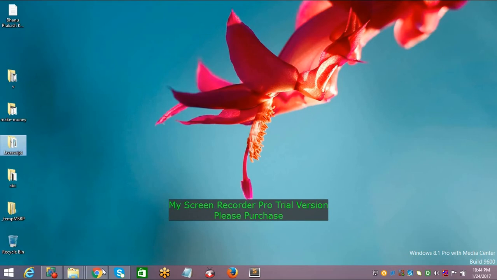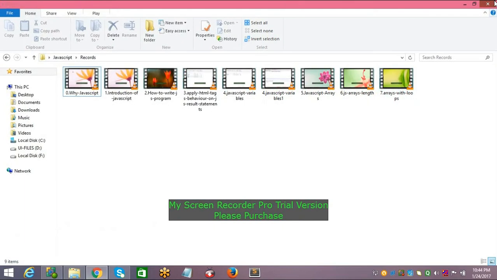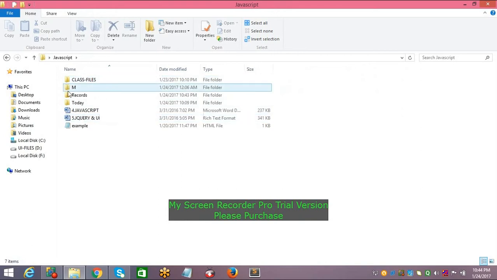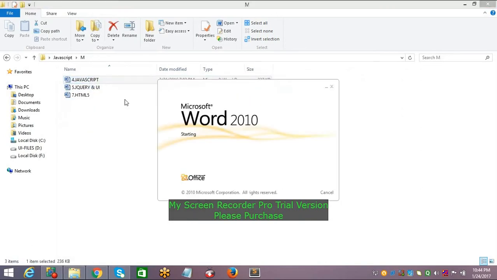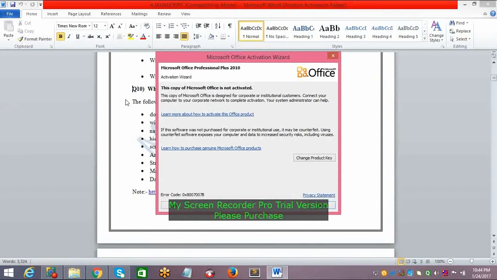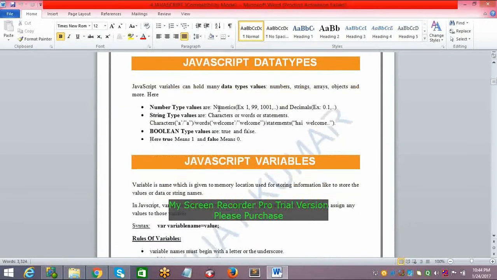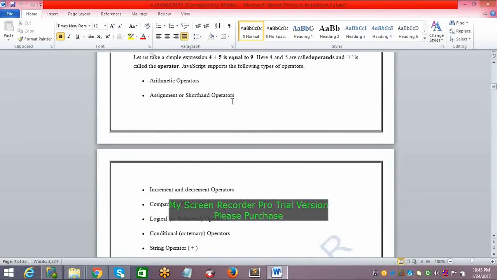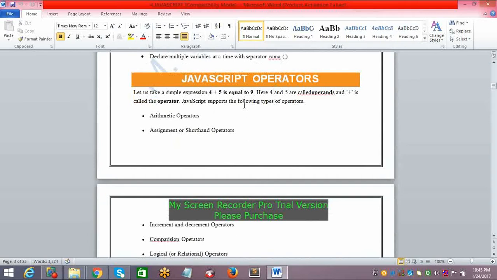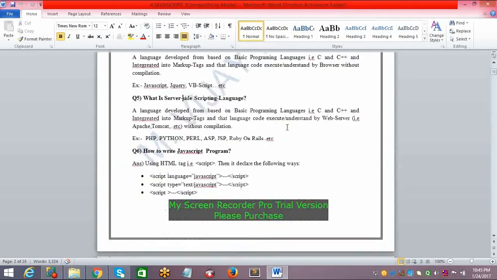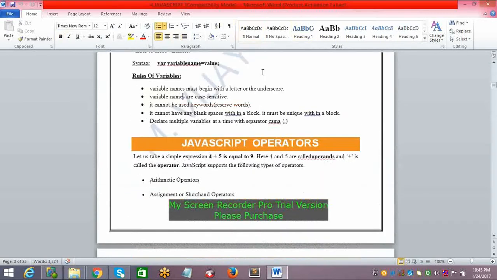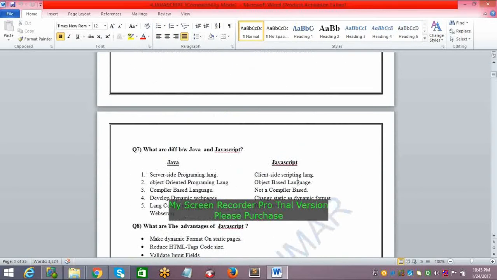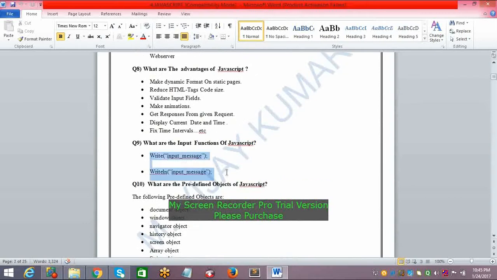The first, look at the material. Like in a basic programming language, for example C language, there is a predefined function to print any statement, that is the printf function. Like the printf function, in JavaScript, if we want to print any given input statement, there is a predefined input function available.